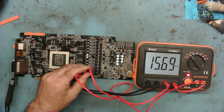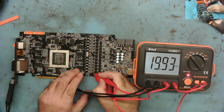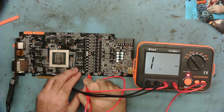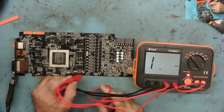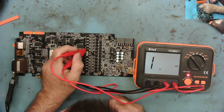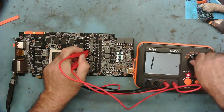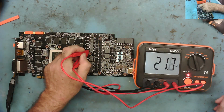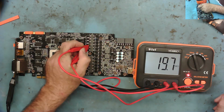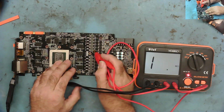This can actually see which side of the inductor coil the short is. Yeah, look at that. I might have to do something about these probes, but yeah, it certainly can. Well, that means higher. 21. 21. Yeah, and this side of reading,